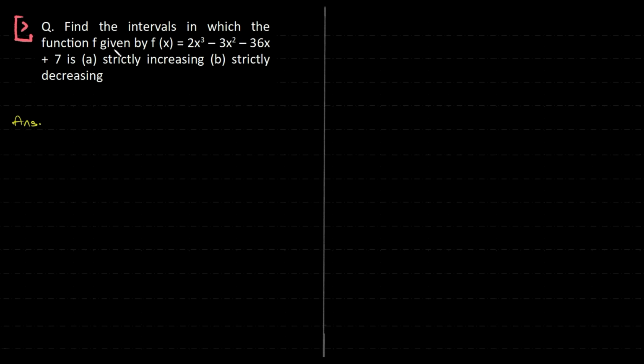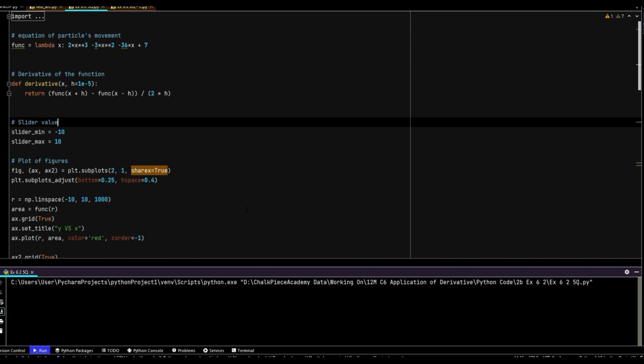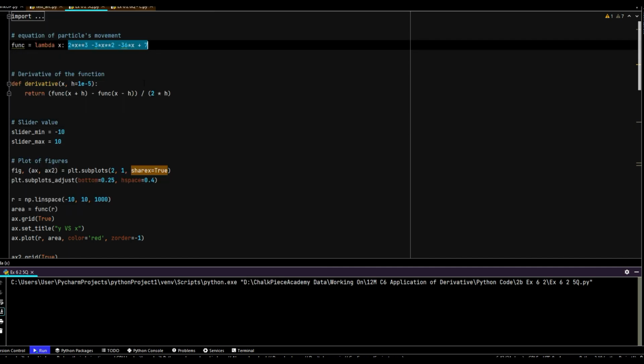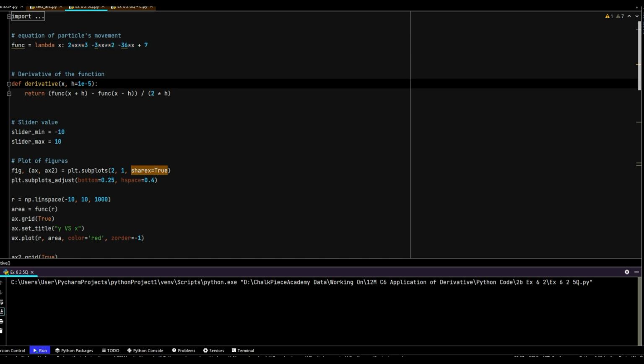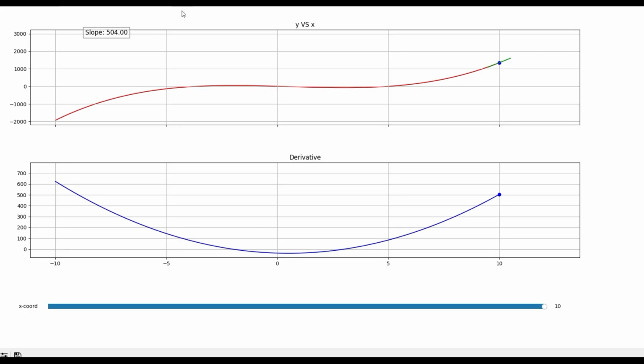Find the intervals in which the function given by this expression is strictly increasing and strictly decreasing. So let me explain the question with the graph itself. So that is the expression. If you guys can see this, the same expression as what the question is talking about. This is the graph. Now, the function is behaving,